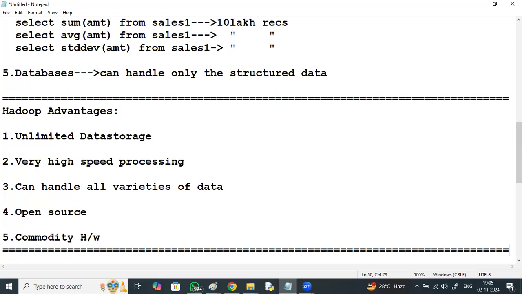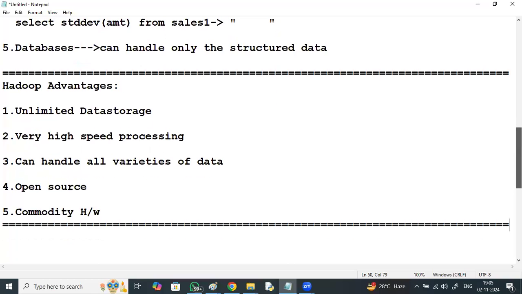So: unlimited data storage, very high speed processing, can handle all varieties of data. These are the main advantages of Hadoop. Databases can handle only structured data, but Hadoop can handle all varieties of data.